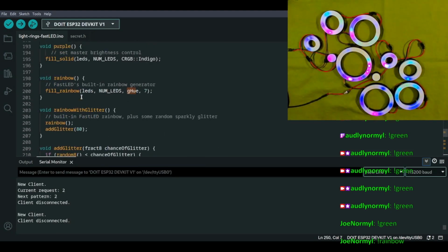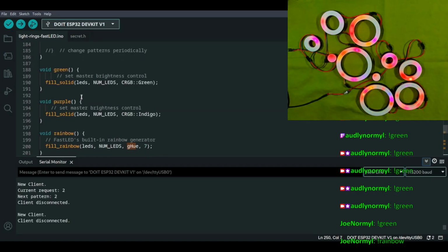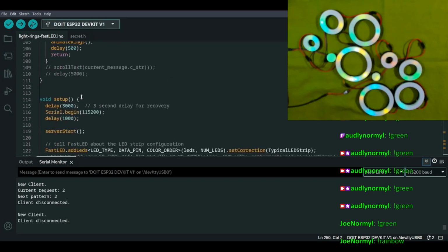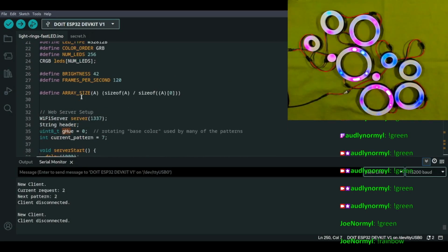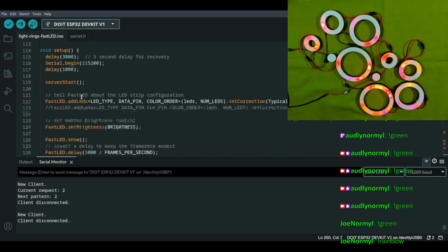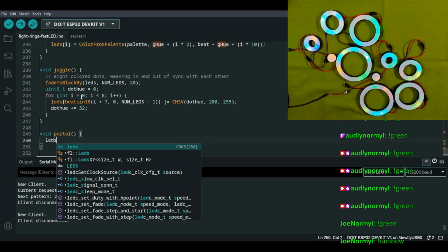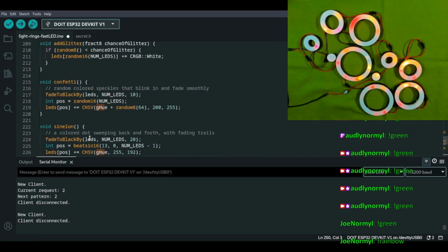So how do we do this? We did fill solid LEDs. So I think that's what we kind of want to do.